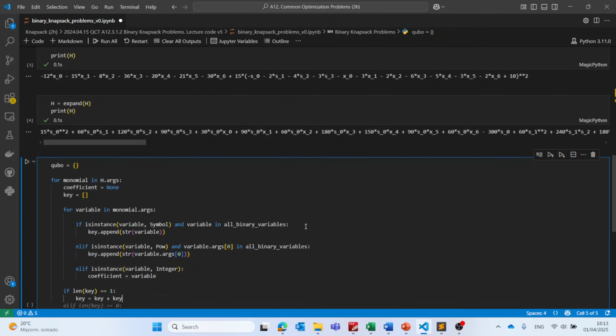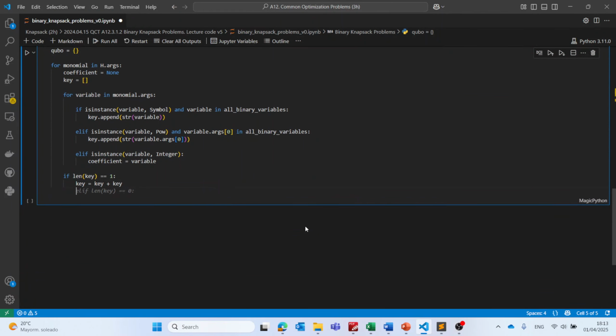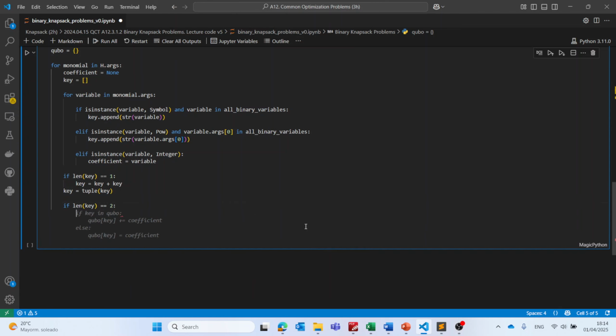So these ones we will also have a tuple, but key equals tuple key for the ones that only have one of them. But if the length of key is equal to 2, so for those that have two of them, if key